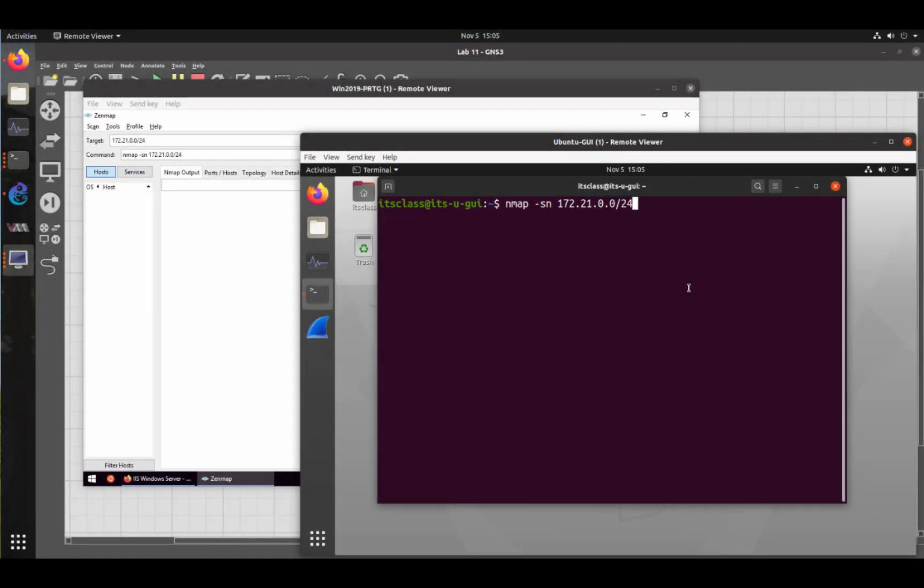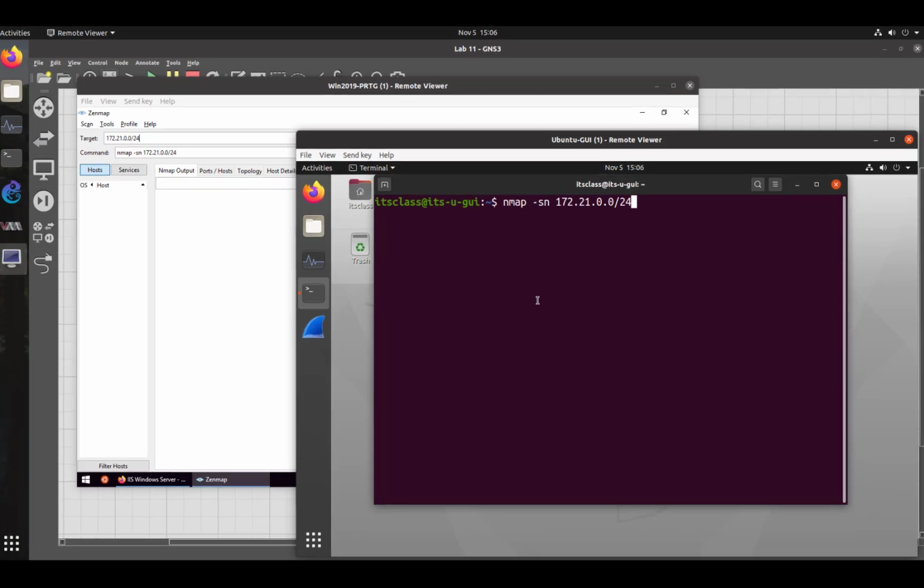All right, so what I have here, I've opened up Ubuntu GUI, which was at the bottom, right? Not one of our target machines, and the Windows 2019 PRTG server, which we'll run ZenMap on, and that way we can see both of them. I'm going to run 3 different kinds of scans, and we're going to talk a little about them. They're the basic things you would do with Nmap, and the difference between Nmap and ZenMap is not so much in the tests that are done, but in the way the output is collated and held onto and that kind of thing. So first thing we're going to do is this -sn, which is just going to do a